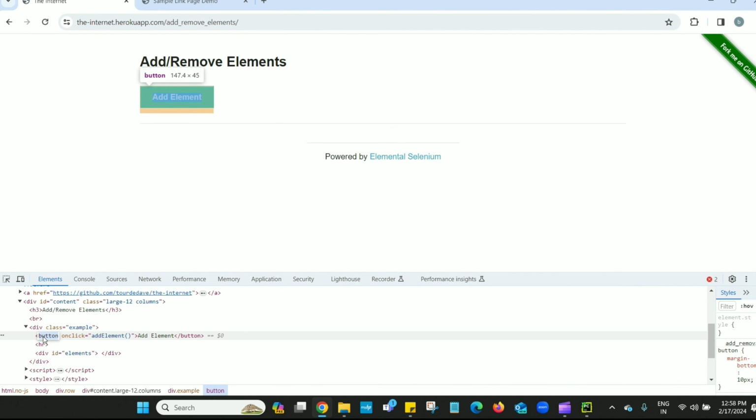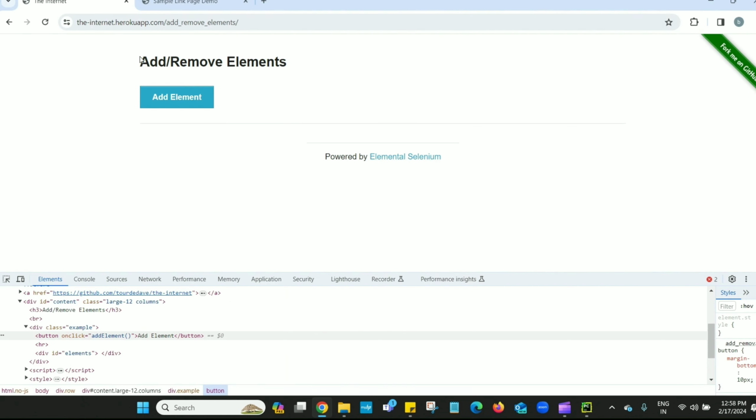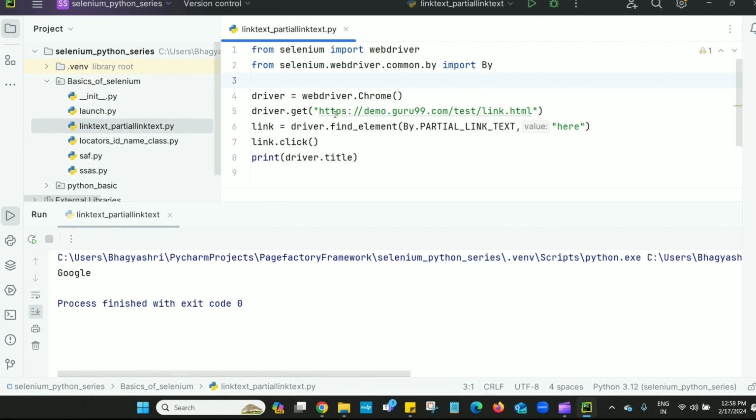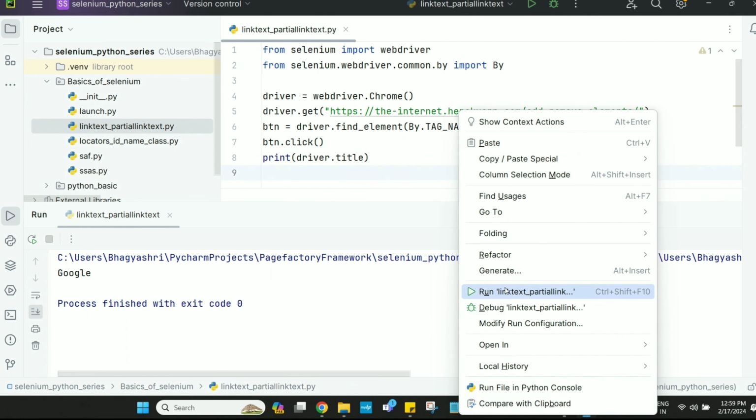I will use the same code and here I will change the URL, change the locator to tag name, and the tag name is button, with small b. So let's execute and check this.